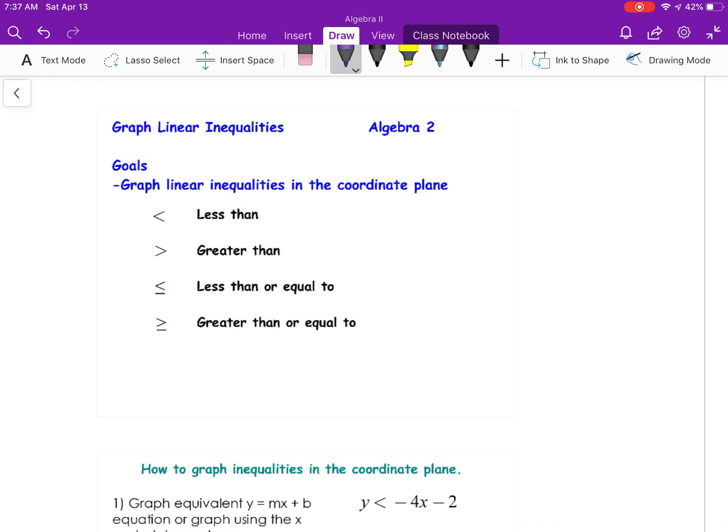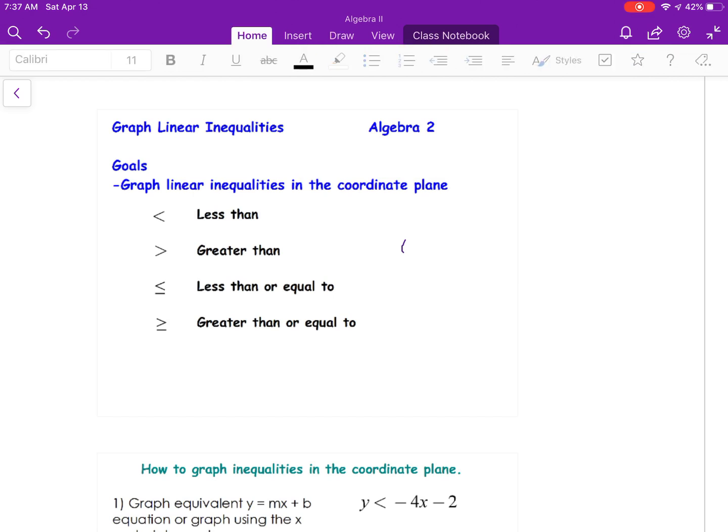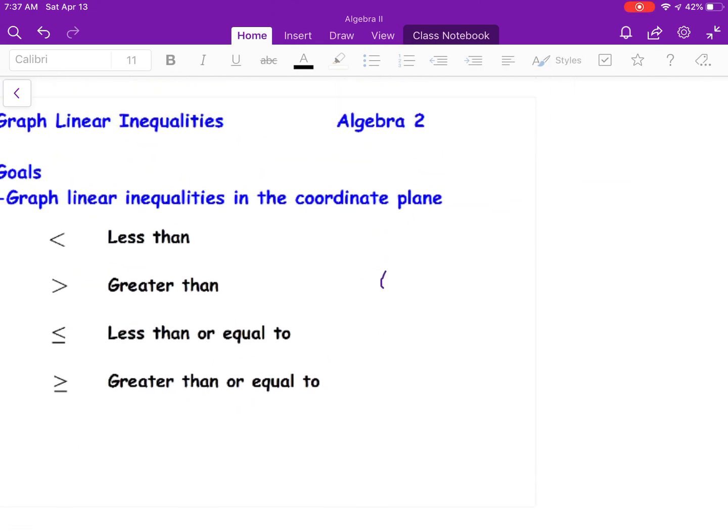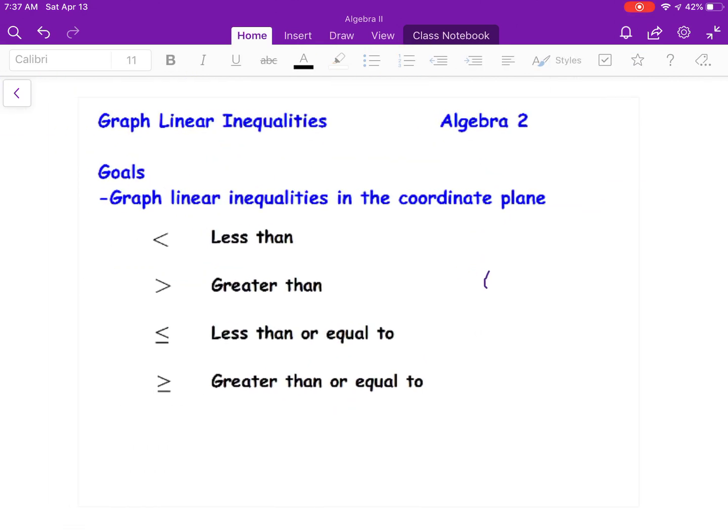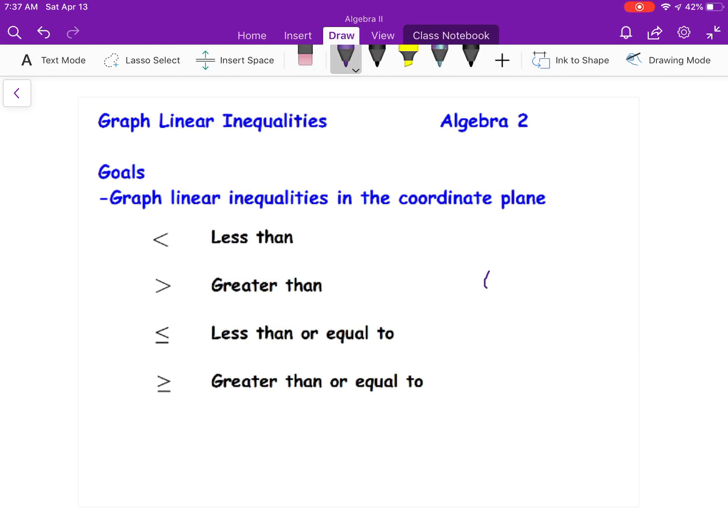Okay, graphing linear inequalities. I want to start this off with something that you might have done in the past and try to relate this as much as possible to what we'll be doing here. Just a quick review of your four inequalities: you've got less than, greater than, less than or equal to, or greater than or equal to. And something you might have started off with in the past would have been,